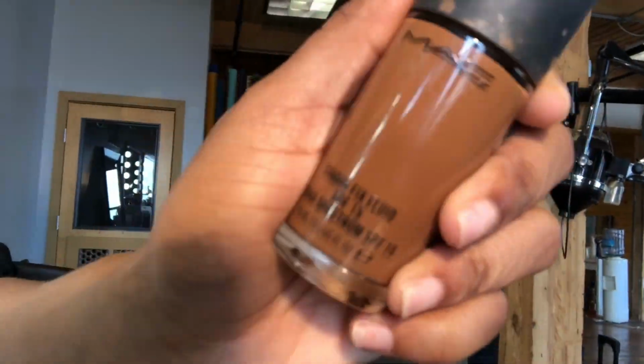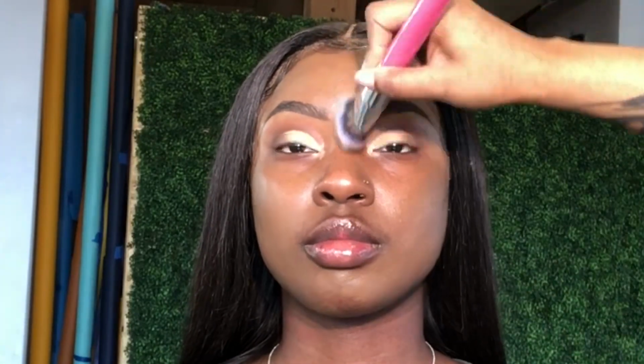Now taking the MAC Studio Fluid. Sorry if my camera gets a little shaky. This is the shade NC60, one of their new shades. I'm just taking that and pressing it into the skin. I don't take a lot when I'm starting off because, as you all may know, I don't like to have cake looks. Taking my MAC concealer palette,